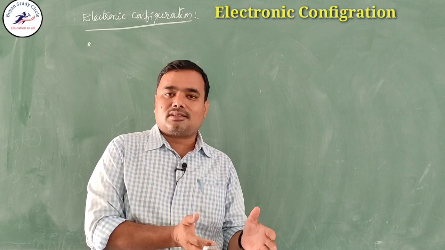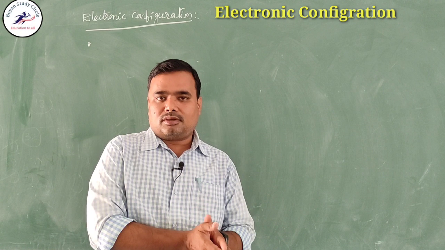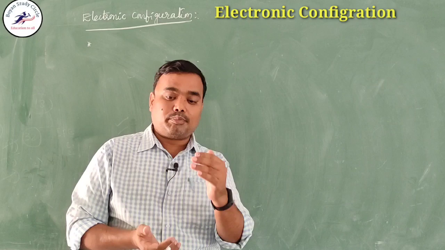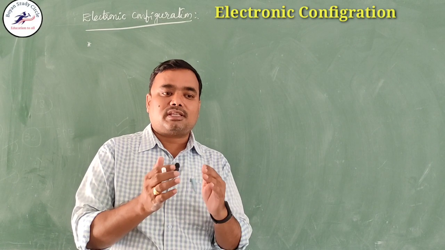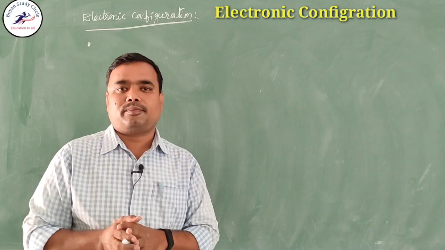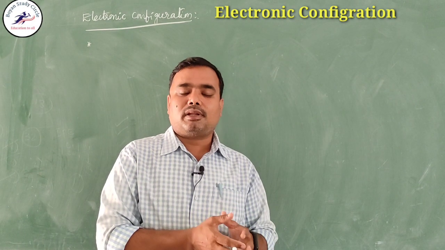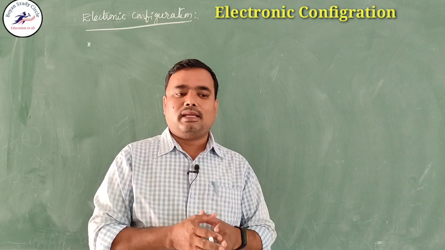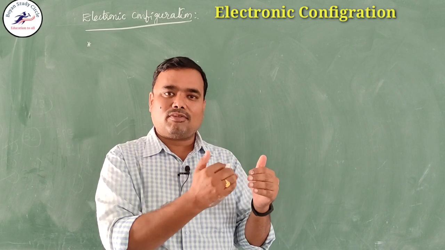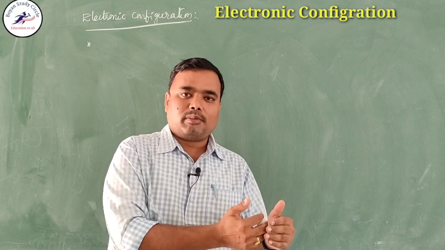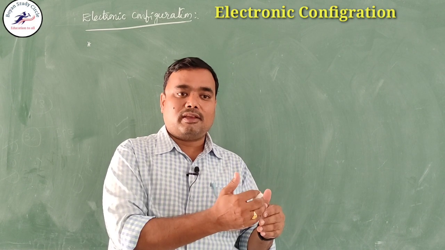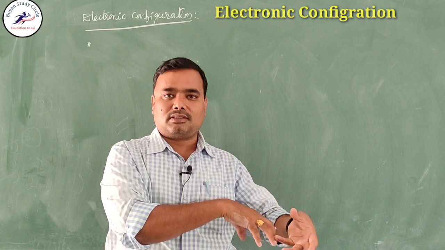Also we discussed the quantum numbers, which give the complete address of the electrons. The principal quantum number gives complete information about the main shells or the main orbits around the nucleus. The second quantum number, the azimuthal quantum number, gives the information about the subshells. The subshells present are S, P, D, F. The third quantum number, the magnetic quantum number, gives the information about the orbitals present in the subshells.